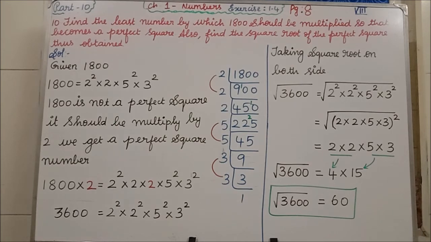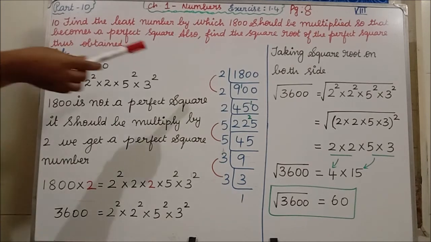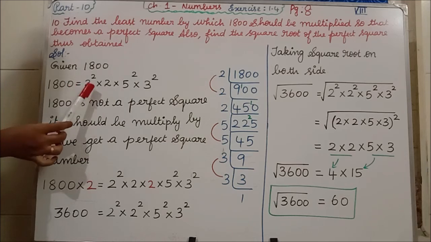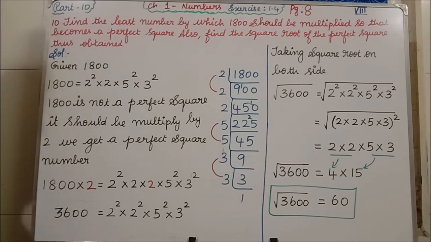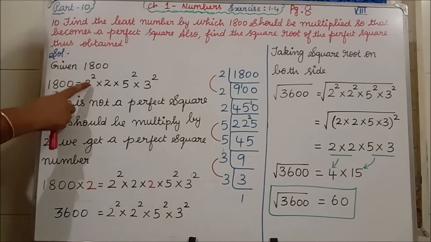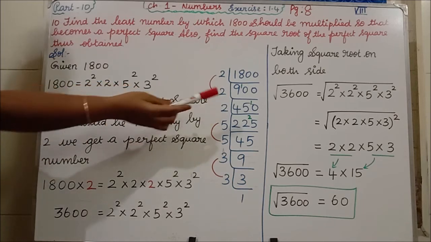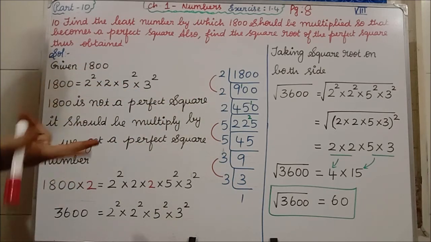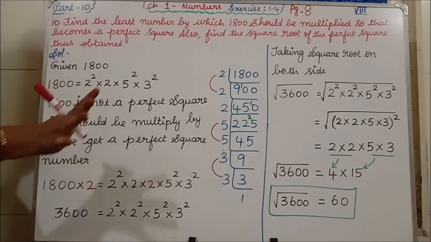See, I have marked here, there are two 2s, so for these we have a pair. So I have written 2 square. Two 2s means we can write 2 square. For this other 2 we do not have a pair, so it is simply 2.